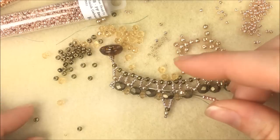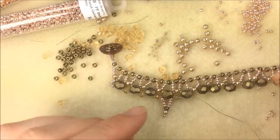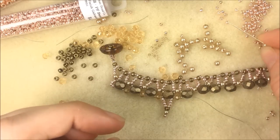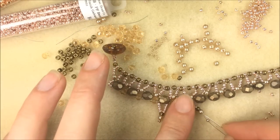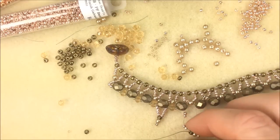Then we're going to do one of our 8s and then one of our pearls. I like that bronze color down there at the bottom. It kind of balances it out a little bit. The crystal, or the 11, back up through the pearl, and the 8. I'm going to separate my needle here